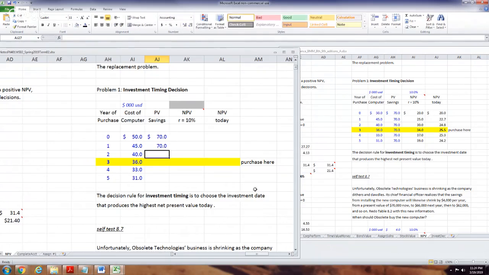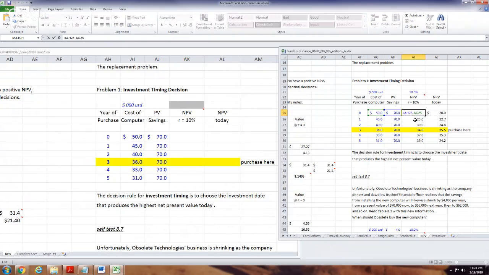Okay. These are your savings. And again, it's from the point of when you buy it. They're at the specific T, the year of the purchase, and these are time indices. A year from now, 2 years from now. This is today. 0 generally means today. Now, obviously, I gave it away, obviously, when to purchase this, but let's go through the logic of it as we do this. I'm reminding myself here what I did.